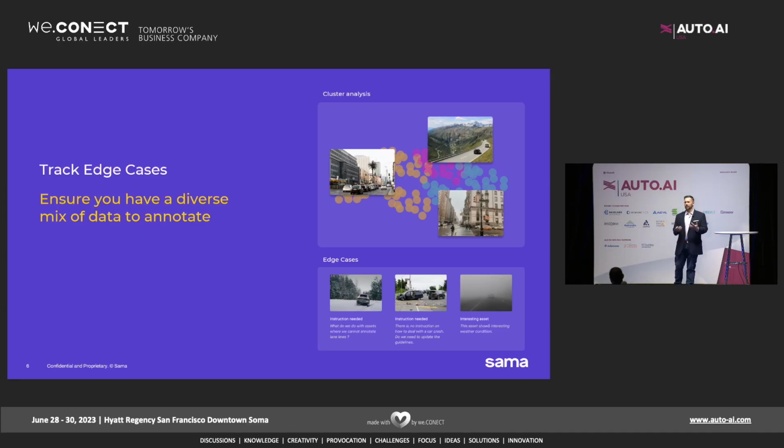One of the nice things about working at Sama is that we're the people who see every single piece of your data. There's too much data for your data scientists and your very expensive, thanks again RJ, give me another one, very expensive ML team to be manually looking through every piece of your data. As we're annotating it, we actually get to see every single piece. That means that we can proactively identify things that are falling outside of the norm, things that are interesting, things that may spark an interest for your ML engineers to go data spelunking and mining and say, let's do a similarity search. Show me some more content that looks like that.